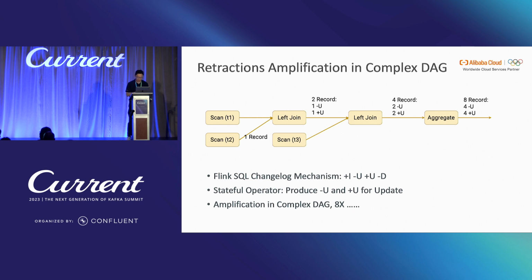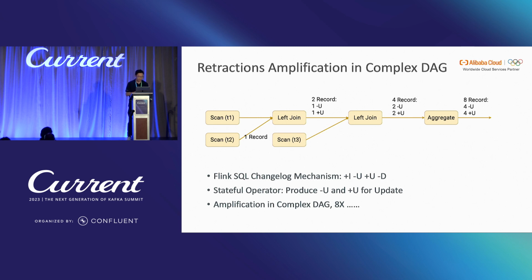The example has one join, one left join, another left join, and an aggregation. Think about the complex cycle. In this example, when you join twice before an aggregation, if one record comes from T2, the left join will